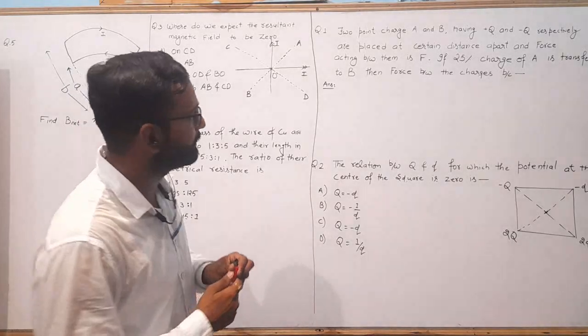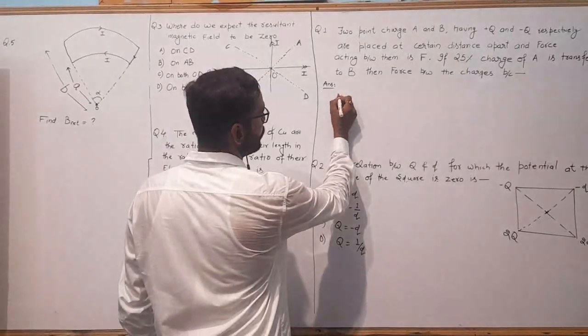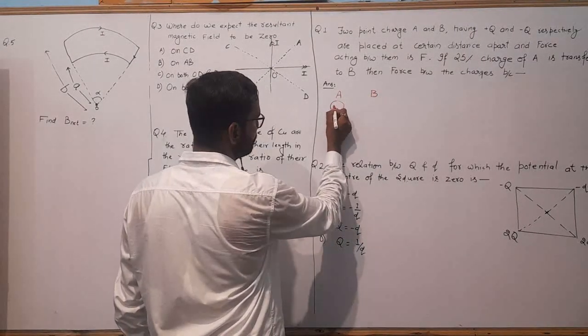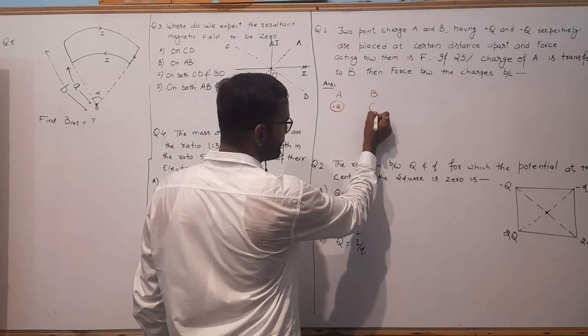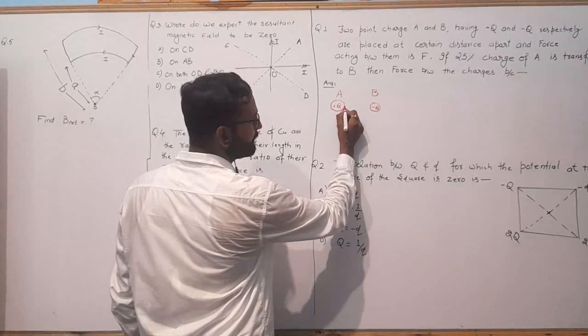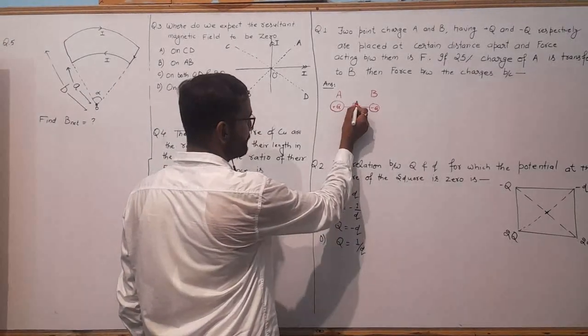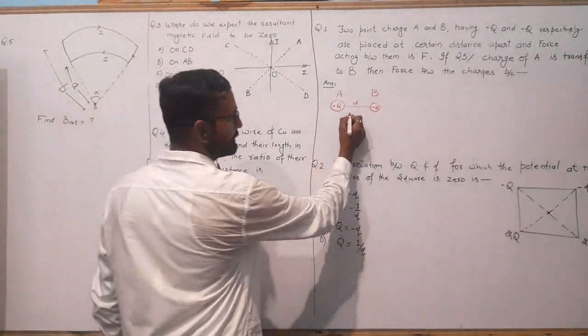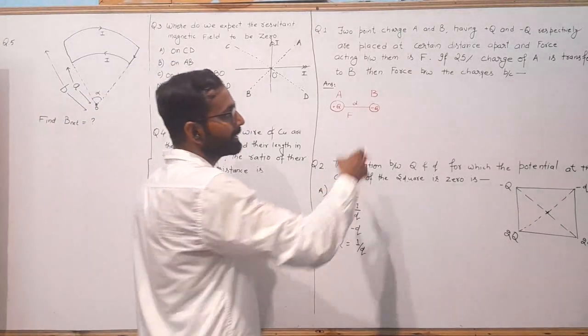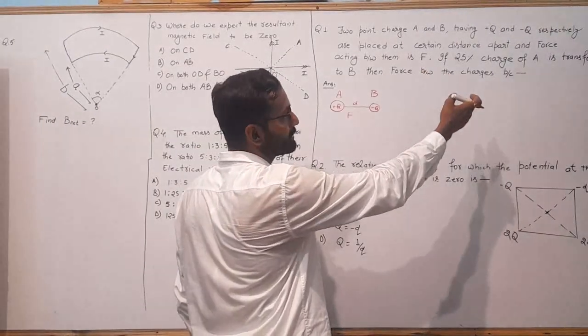So in the first three statements he says two point charges A and B. A's charge is plus Q and B's charge is minus Q. These are placed at a certain distance D, and the force between them is F. These are given in the question. Now in the second condition, if 25% of